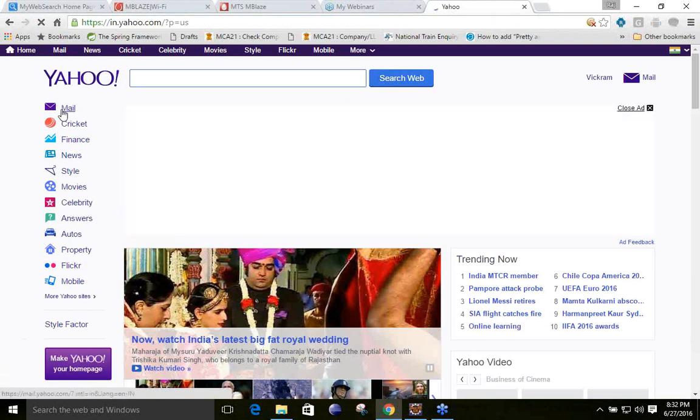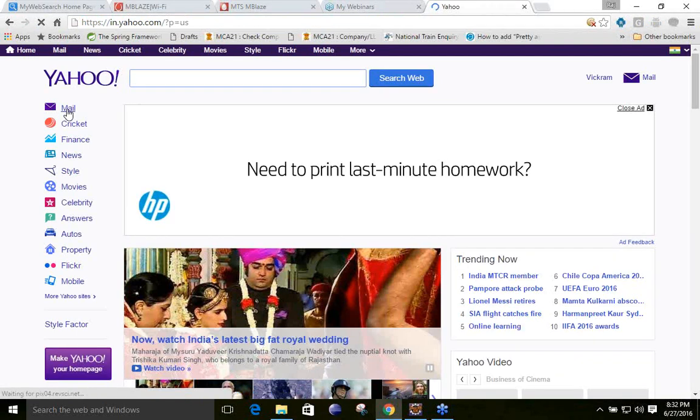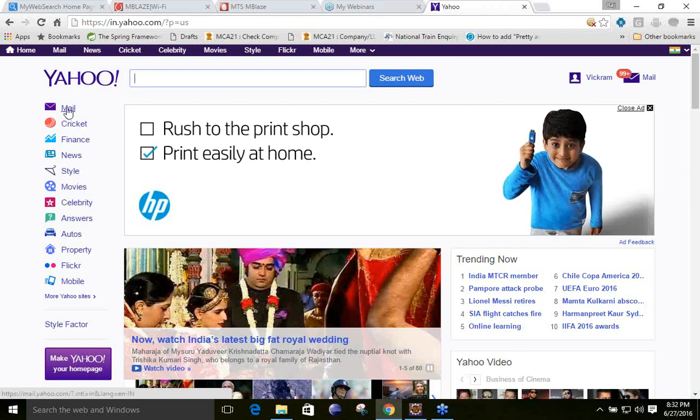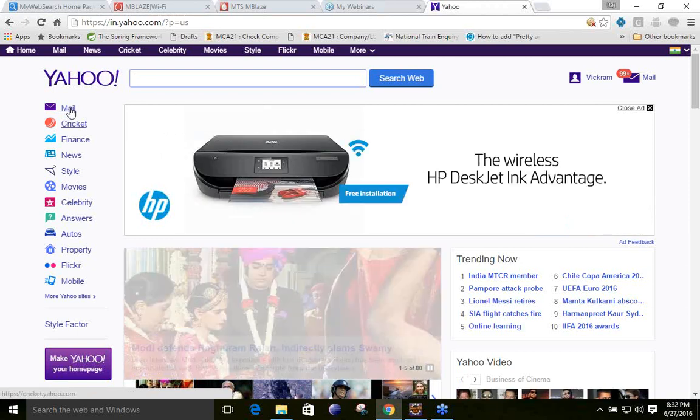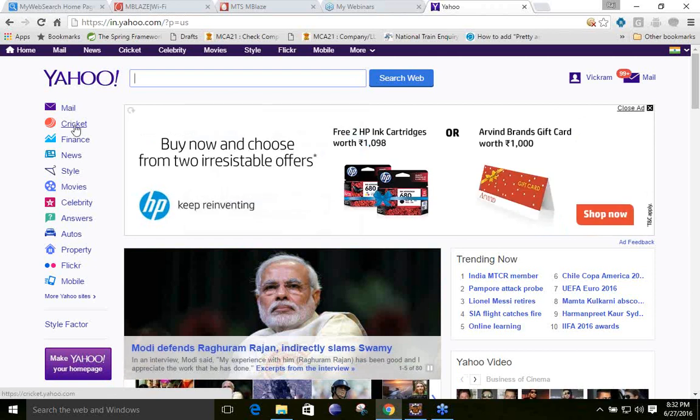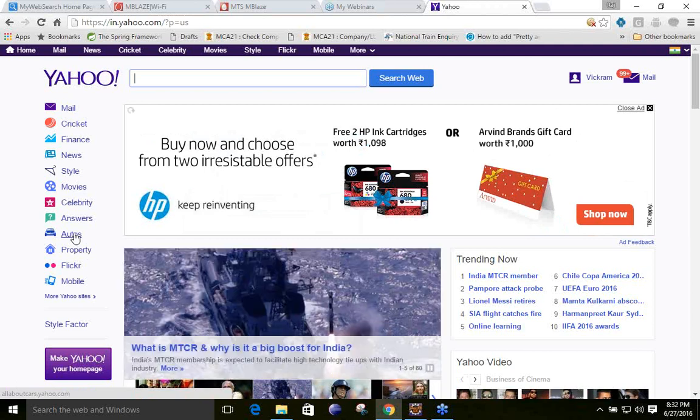If you click on this, it will redirect us to the mail. Here is the cricket; if you click on this, it will redirect you to cricket, and whatever the link is, you can see over here. Once you point at autos, you can see this is the link at the bottom, telling all about cars.yahoo.com.